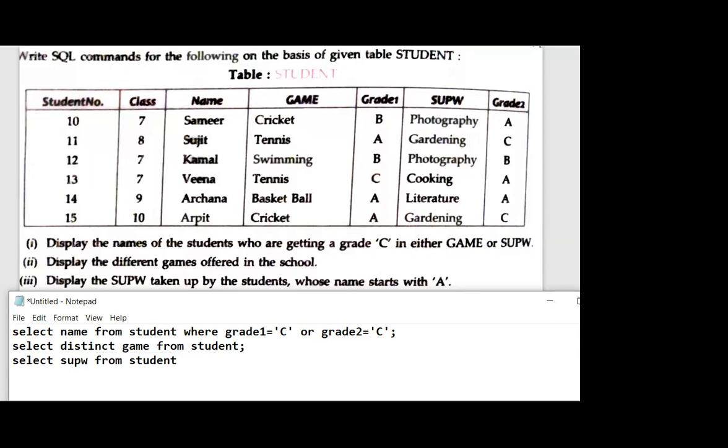After that they have given one condition, that the name starts with A. So after this you write where name, because it is given starts with A, you use the like clause: like 'A%'. The A percent indicates that the name will start with A, followed by zero to infinite characters.